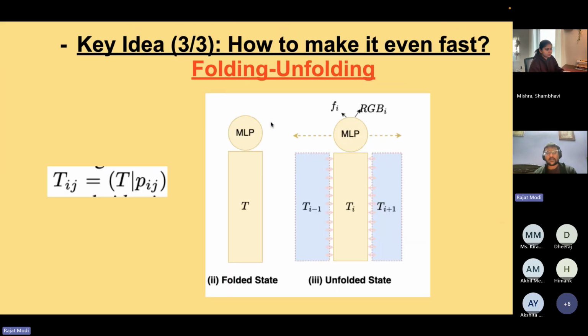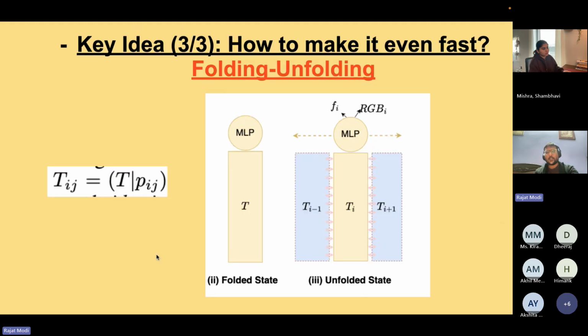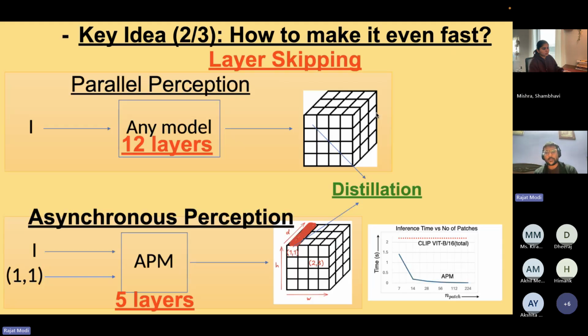Now, the third idea about how the network works is called folding unfolding. What I want you to start thinking about the network is something like this. It contains one CNN filter and one MLP layer. And here you are generating height into width number of queries to the input. So this column is copied height into width number of times. And for each column, it gives you the feature vector and the RGB at that location. If I were to interpolate here for this location 1, 1, it's giving you this vector. So this column is basically the query corresponding to 1, 1, and the output is this d-dimensional feature vector.